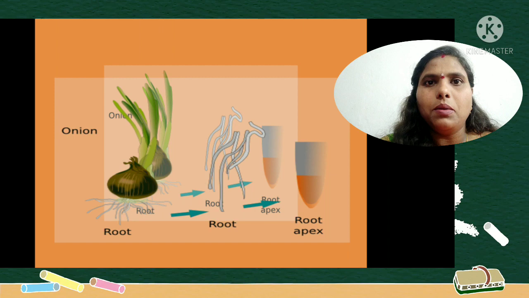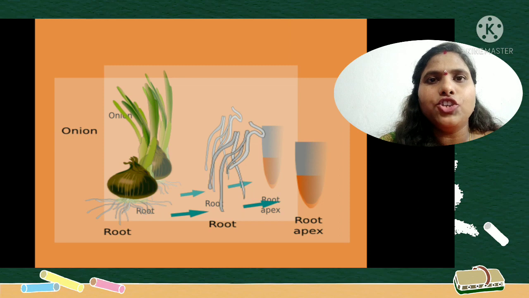Then gently press it by adding 4 or 5 filter papers on that tissue. By doing this activity, by tapping like this, the tissue is spreading. By the spreading of this tissue, we can easily observe the cells which are present in that tissue and the types of meristematic tissues also.